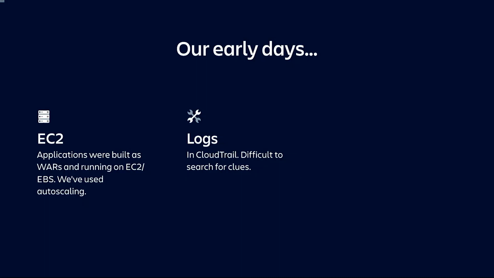Our logging was whatever was in AWS back then, which is just CloudTrail. If you have used it, it's OK. But if you need to do some searches through multiple services in their CloudTrails, it's not really that useful. And the last thing was monitoring. We were using CloudWatch, but we didn't publish any custom metrics, so we kind of were dependent on what's available in CloudWatch for us automatically. And it worked. When we were about 4 developers, we were able to operate these services pretty easily until the